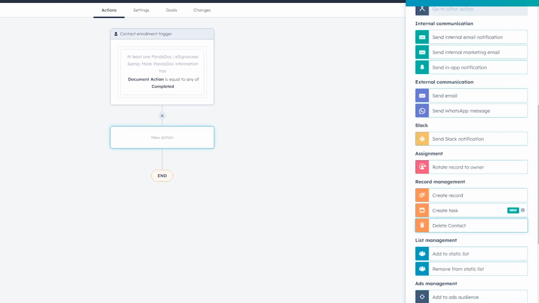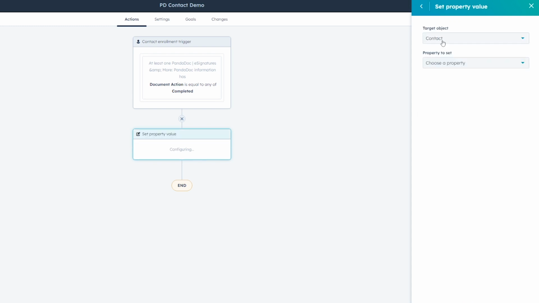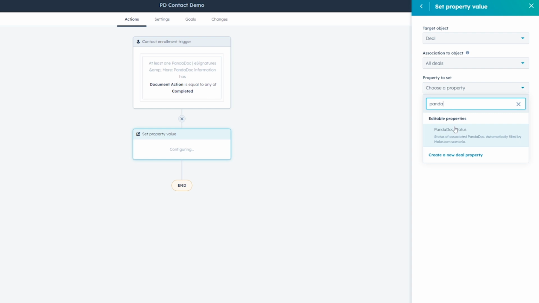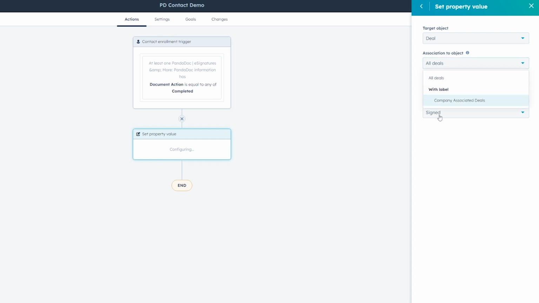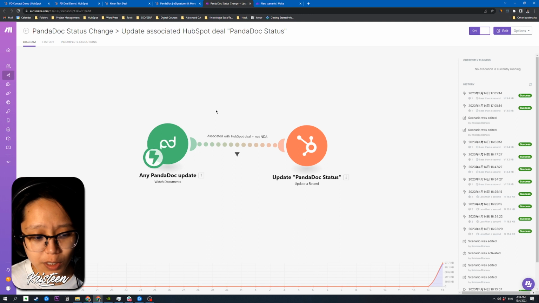Because what happens here is if you set the property value to a deal, you can update the PandaDoc status to draft, expired, and whatnot based off of whatever is here. But it will essentially apply to all deals associated with the contact, not specifically the deal where the actual PandaDoc applies. So my solution to this is a Make scenario, because then I can actually use a